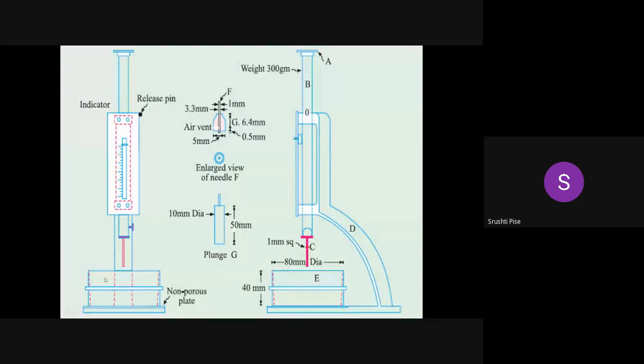Yes. Okay. So now we'll start with the initial setting time test. For the initial setting time test, we need the value of P, that is the normal consistency. Assume that this is 32%. So for 32%, we got those results, that is a penetration value of 33 to 35 mm from top. So now we'll go with the initial setting time test.